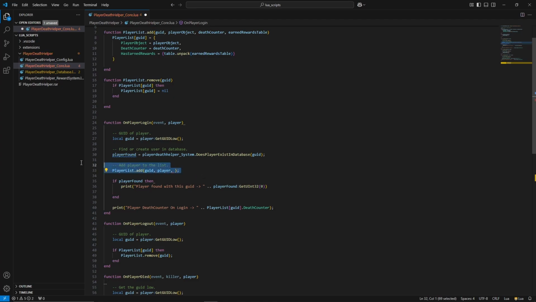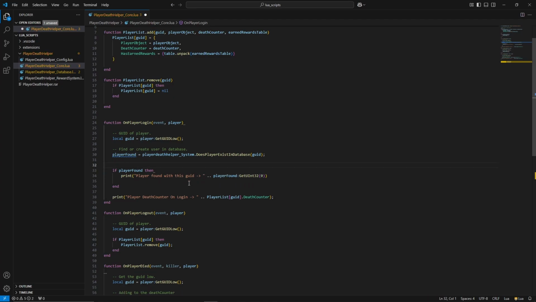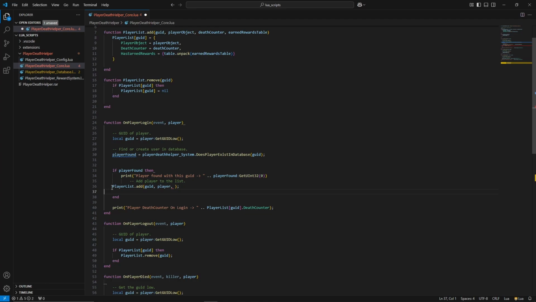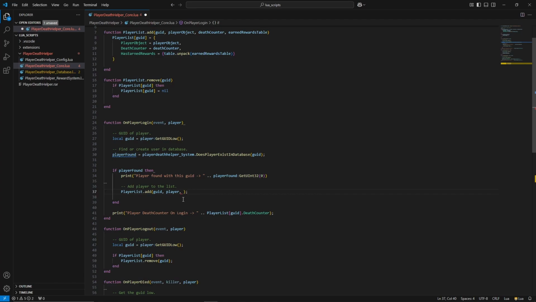Actually what we want to do is move this line down to here, because it should only do this if we found a player, so if the player is already in the database. Here we don't want to write 0 anymore. We want to write player found. And then in here, what we want to do is get the, or sorry, that's wrong. We want to do the